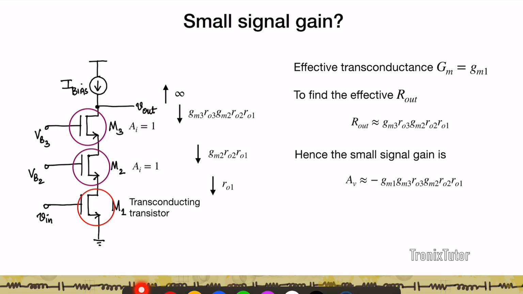Now, obviously, we can keep adding more of these transistors and get higher and higher gain. But the biggest drawback of the cascode is that, remember, you need to keep these 3 transistors in saturation, which means that this output voltage node here has to support 3 VOVs. Right? So what you see here is that as you keep adding more of the cascode transistors, your swing at